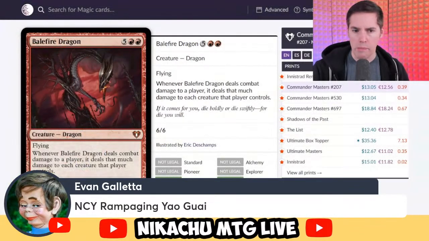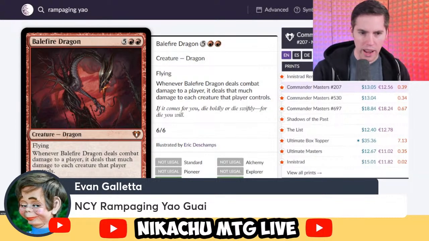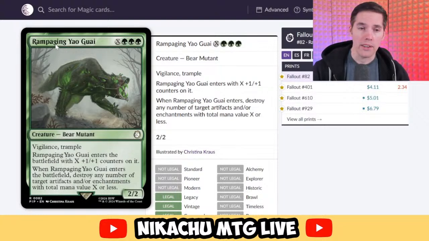Evan wants to be part of the show. Rampaging... what's rampaging? Rampaging Yao Guai. This is a green X 2/2 bear mutant. Vigilance. Trample. And it enters the battlefield with X +1/+1 counters on it. When it enters the battlefield, destroy any number of target creatures, artifacts, and/or enchantments with total mana value X or less. Oh! That's not bad. So if I pay 5 mana, we hit all...